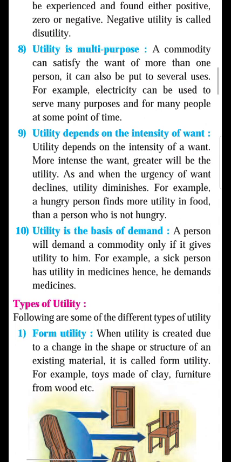Okay, as an example, you can write electricity, or you can write coal, or you can write water. Coal also has different uses. Coal is used for the railway. Yes, coal is also useful for industrial works. Coal is also useful for cooking food in villages, rural areas. So it also has multiple uses.